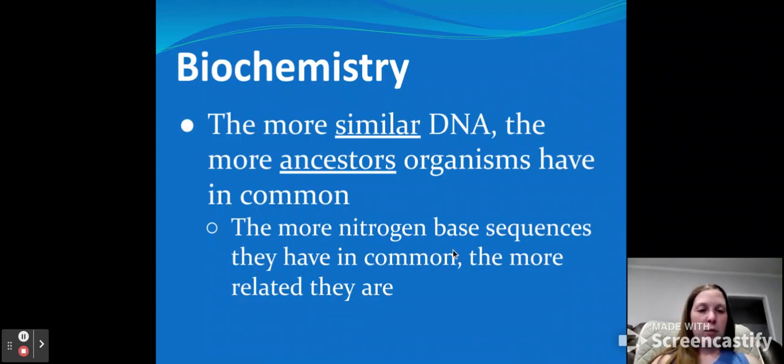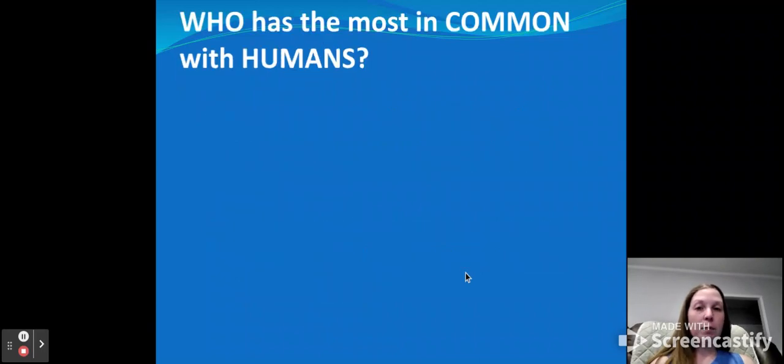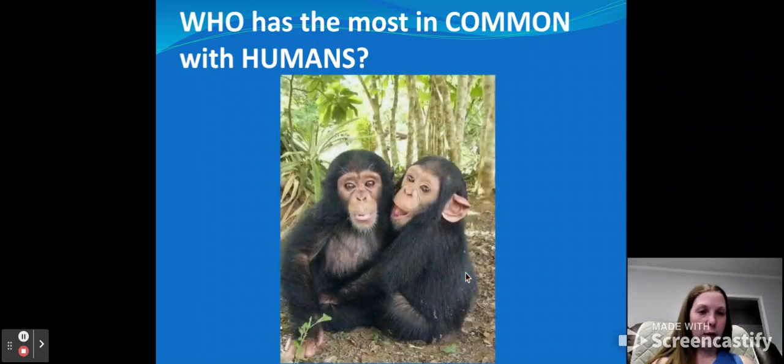And the one that was studied after Darwin's theory was biochemistry. And this is looking at DNA. So the more similar the DNA, the more ancestors organisms will have in common. And this is looking at their nitrogen-based sequence. So the more that is in common, the more related they are. So who is most common with humans in terms of DNA structure? We've got the chimpanzees, okay? All right, so that should be